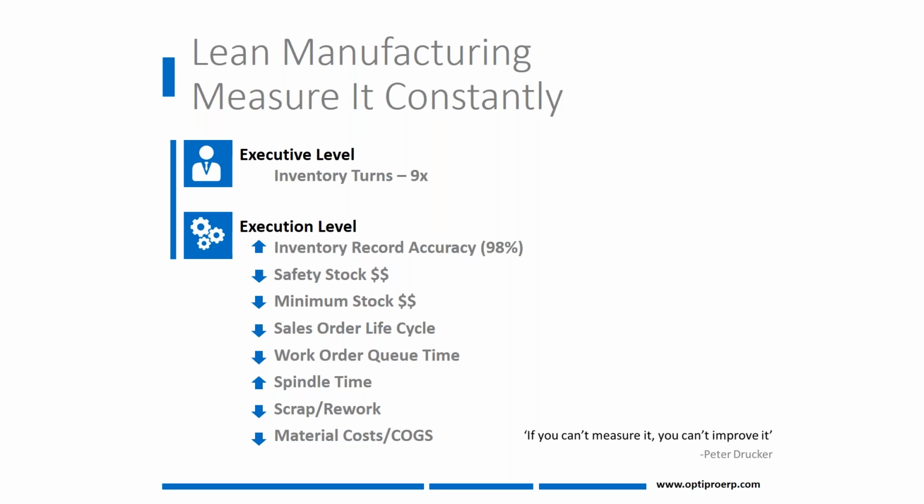In North America, inventory turns average around 9 times a year. Not a bad number. Certainly, it's a number that's improved. If you look at this number 10 years ago, it was actually like 2 or 3. So we have learned something over time. But we've got to continue to drive that number up, and we can measure that in decimals, obviously, so that it becomes a relevant number at the executive level.